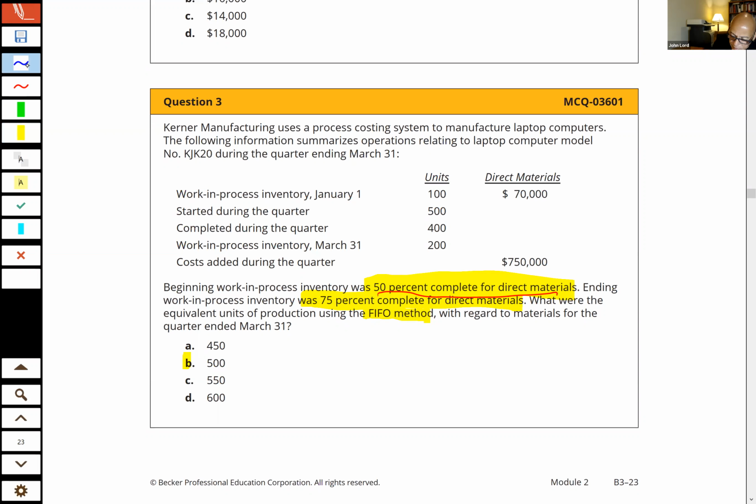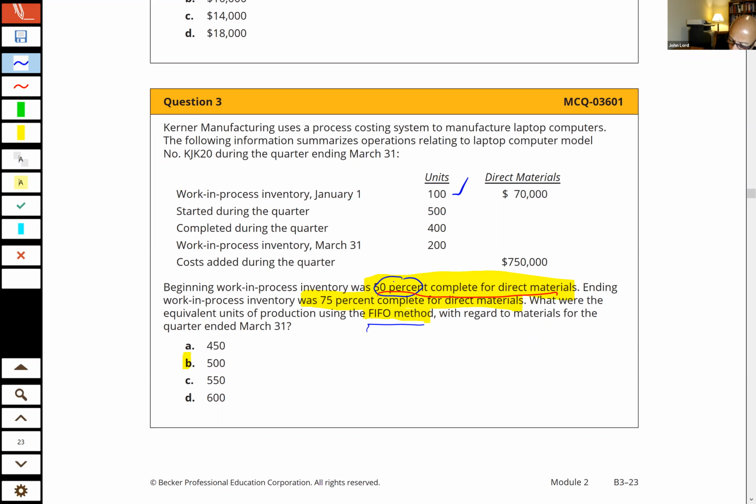Now, the way I look at these questions, and again, there might be a couple different ways, but I've said, okay, for the beginning work in process, I know I'm going to take 100% of that, right? Then I just put those down, 100. I know I got to count those because I'm saying I did all this work this period. Then what? Then I'm sorry, wrong method. See what I'm talking about? I always have trouble keeping the two methods in my mind at the same time. It's FIFO. So I'm only giving myself credit for what I do this period. I slipped into weighted average, didn't I?